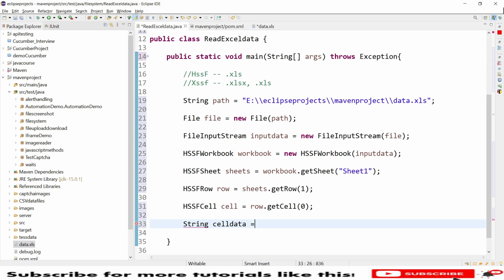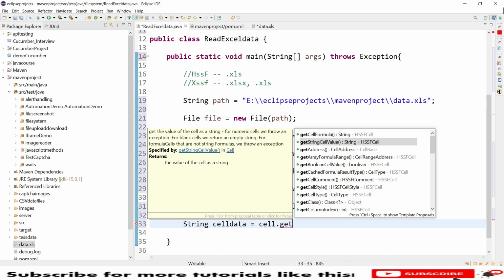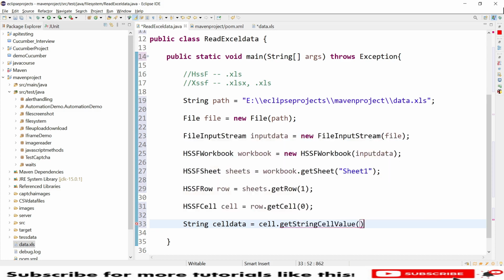cellData equal to, so I'm passing the cell here, so using the cell object dot get. So we have different get methods here. For now I'm using getStringCellValue. So you can use different approaches here that we will discuss in later sessions, but for now I'm using the string cell value.